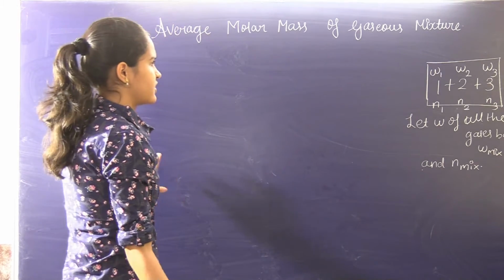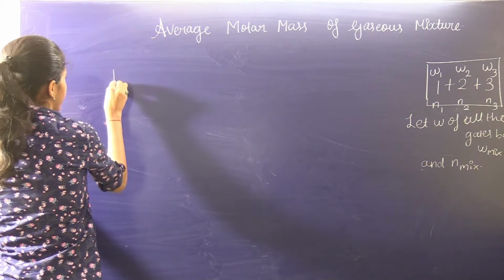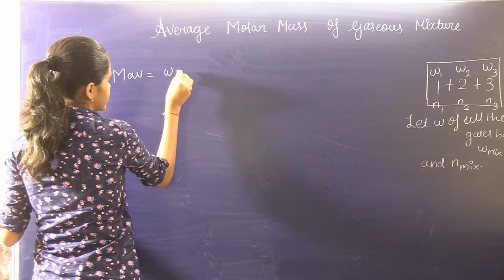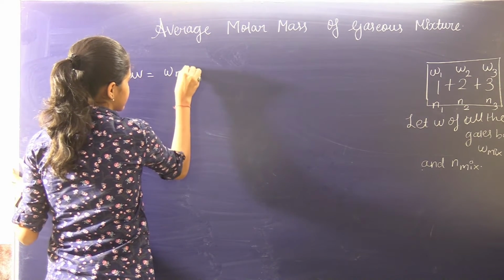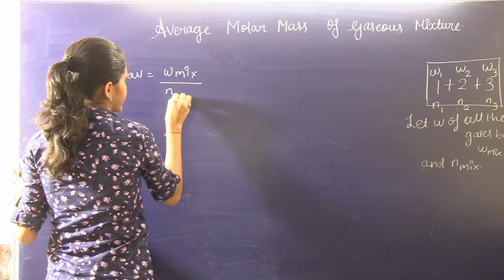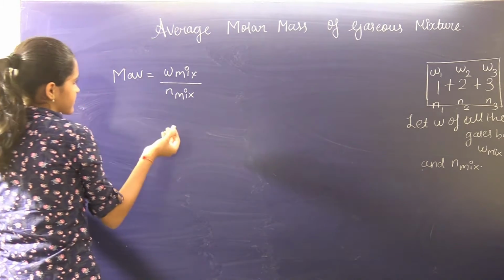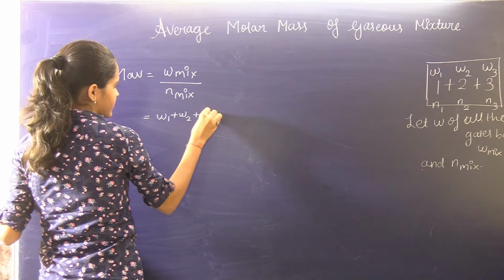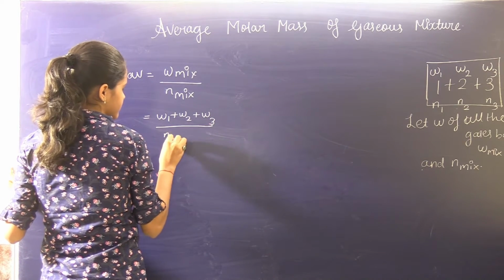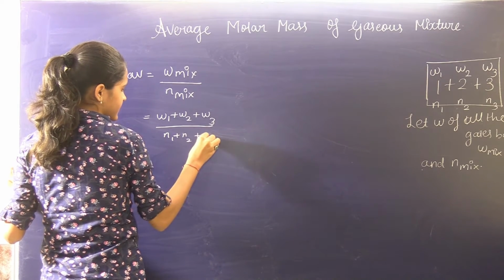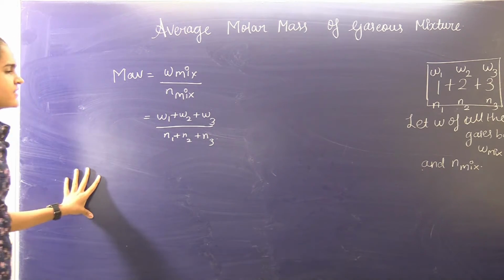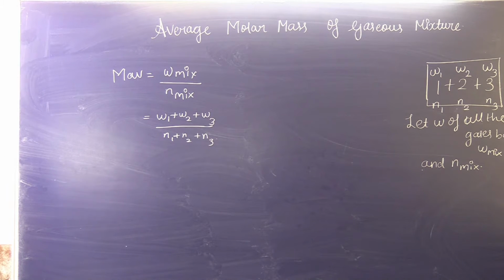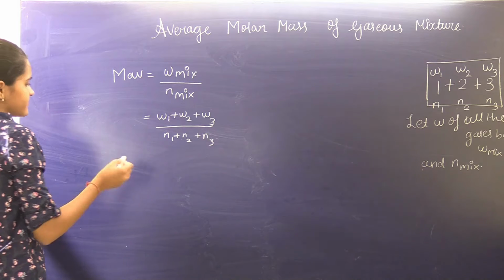So first formula, Wm, total weight of all the gases upon total number of moles present in the mixture. So W1 plus W2 plus W3 upon N1 plus N2 plus N3. This is the first formula by which we can find the molar mass of gaseous mixture. Second,